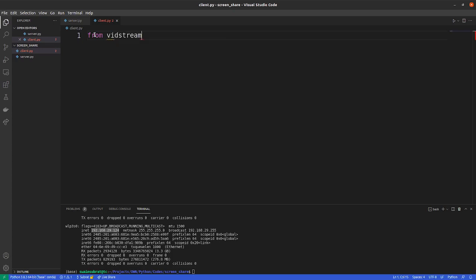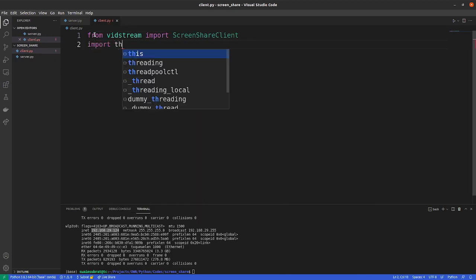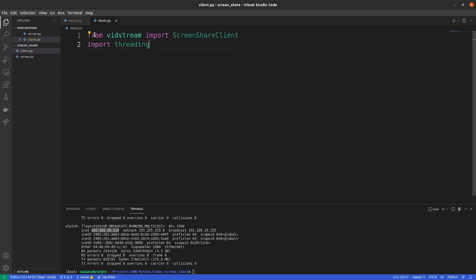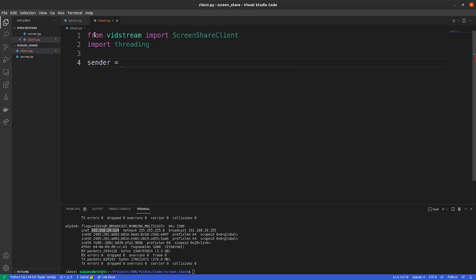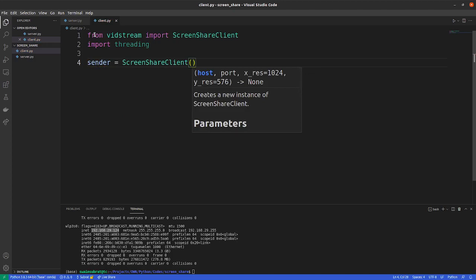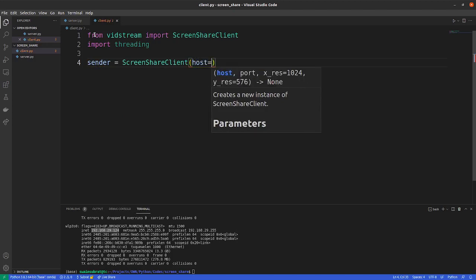So from vidstream we will import ScreenShareClient, and as usual we'll import threading. Here the object will be from ScreenShareClient, and the host and the IP will be the same because the client and the server are in the same network, so we can access the private IP address of the server.